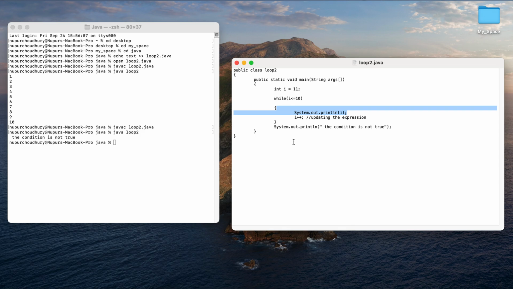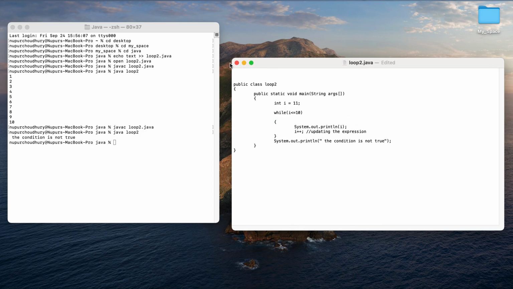Now we will be going ahead with the second concept with this while loop, that is the infinite loop. So this is a simple program, so I will mark it as program to demonstrate while loop.